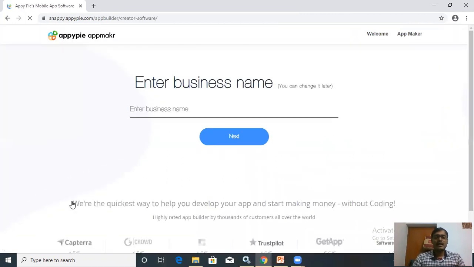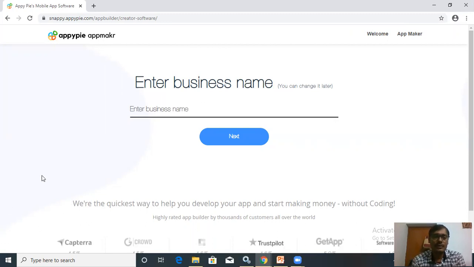All the points are given in your book in page number 78, from page number 78 to 82. All the points, all the steps are given. You can go through your book.